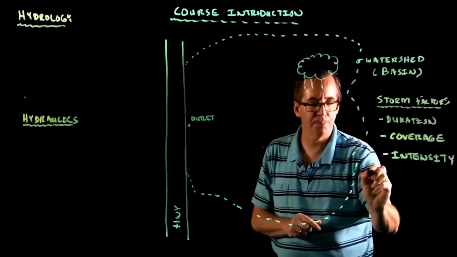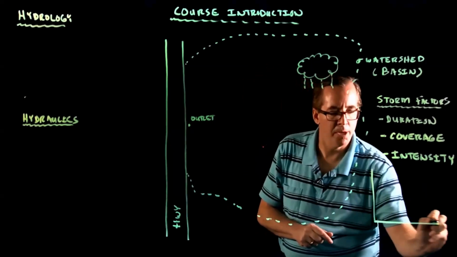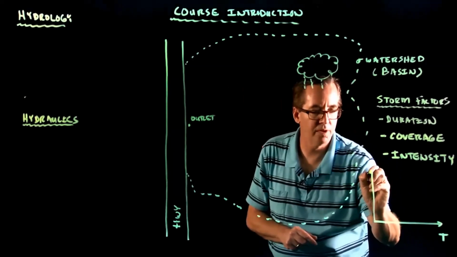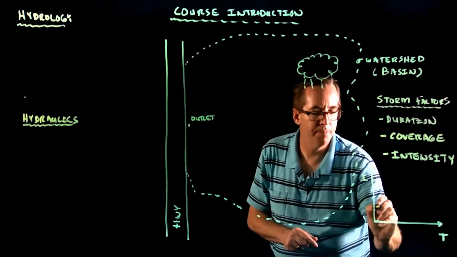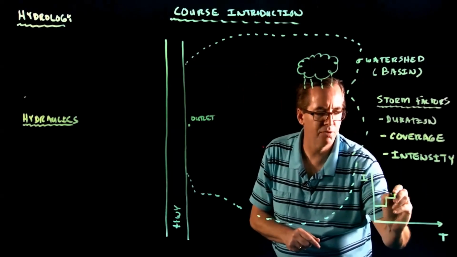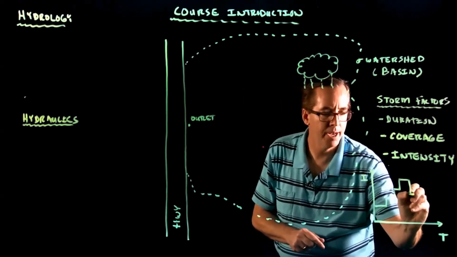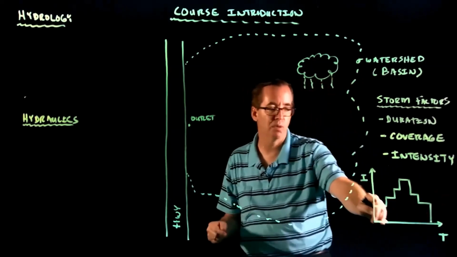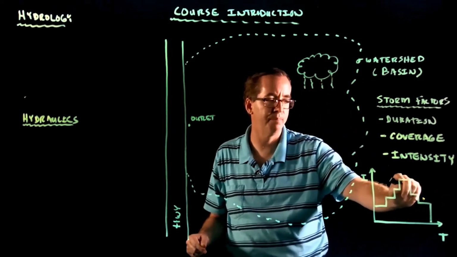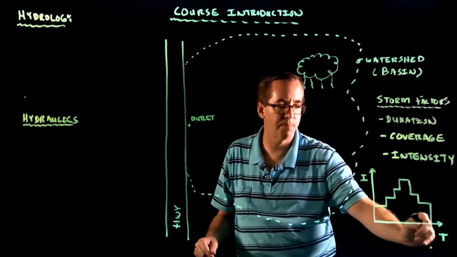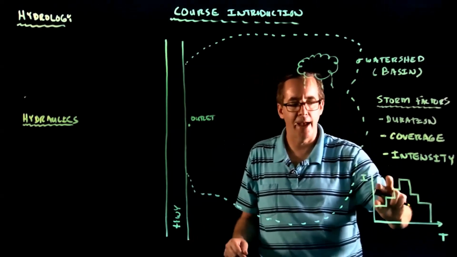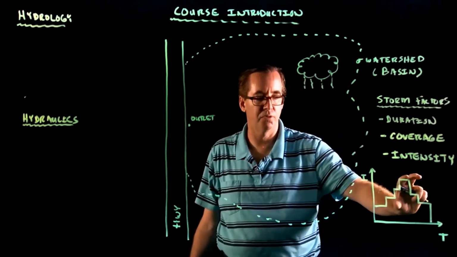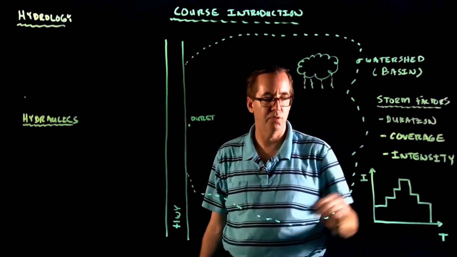And we actually plot this. If we plot time versus intensity, we might get a graph that looks something like this. It's usually a type of histogram. And again, each one varies in terms of its shape. In this particular one, you can see there's a gradual buildup. It reaches a peak and then kind of drops out. Some might have an intensity that's really strong at the beginning. Some might have an intensity that's really strong at the end of the storm.